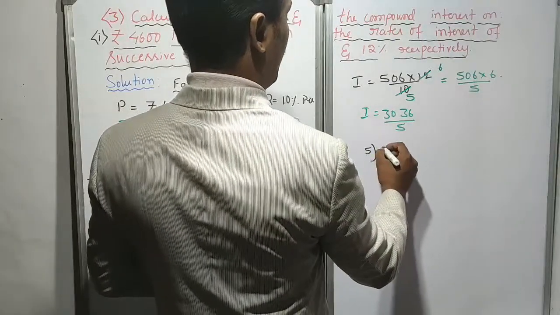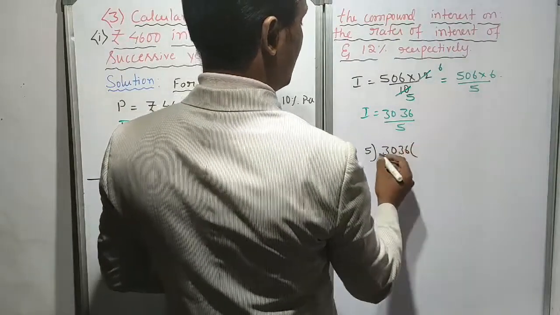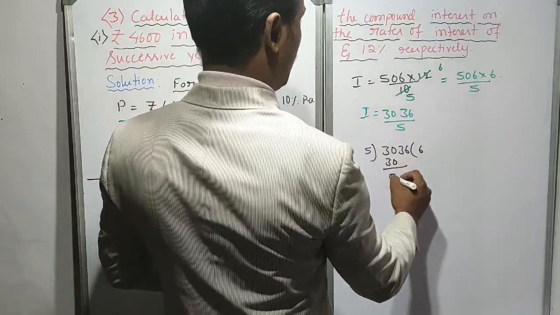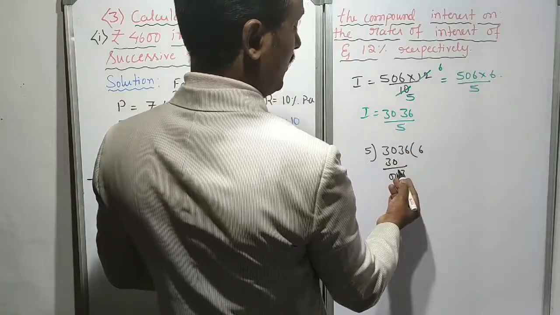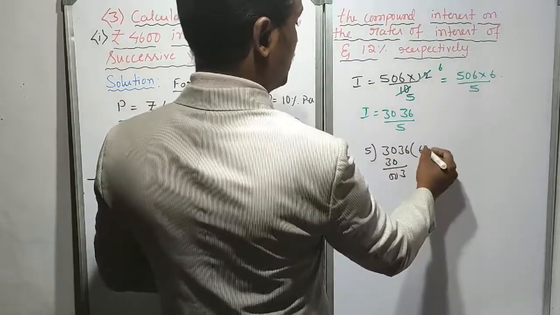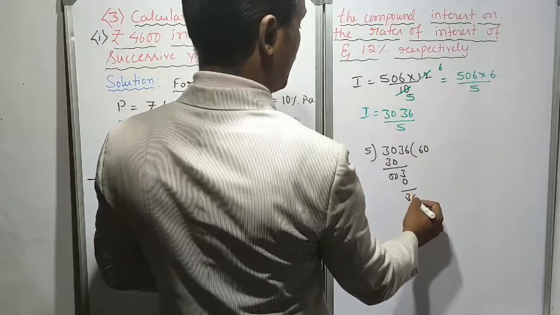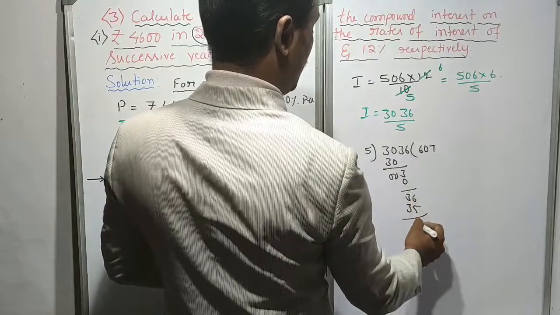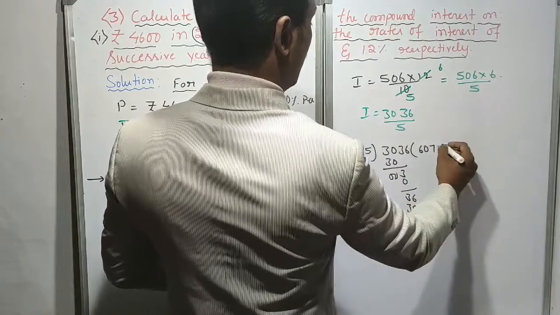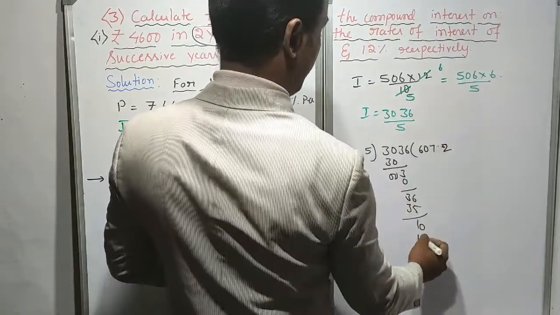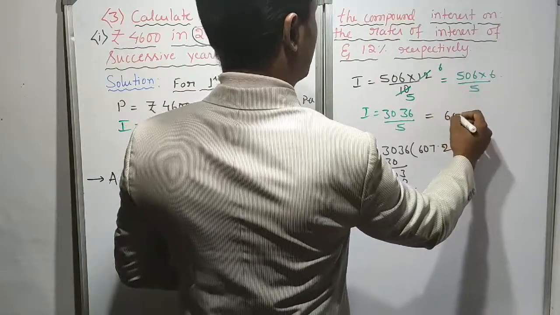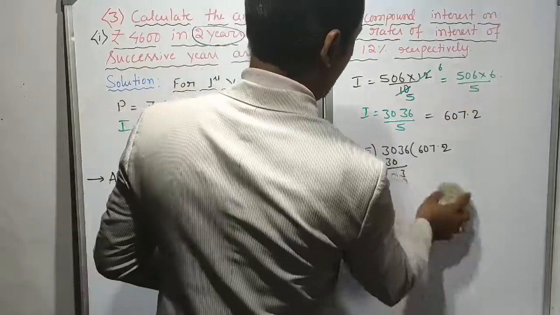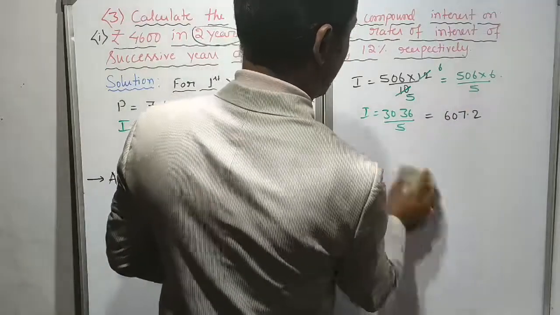From 5 I will divide 3036. See, 30 is divisible by 5, 6 5s are 30. 0. Then 3 carry. Then 3 is a number less than 5, so 0. Then 0, 3, this 6 comes here. 5 7s are 35. Then 1 carry, decimal point, 0. Then 5 2s are 10. The answer is, interest is 607.2, dear children. Understood? This one I will rub. You should not rub. You should write it on the right side of the notebook.